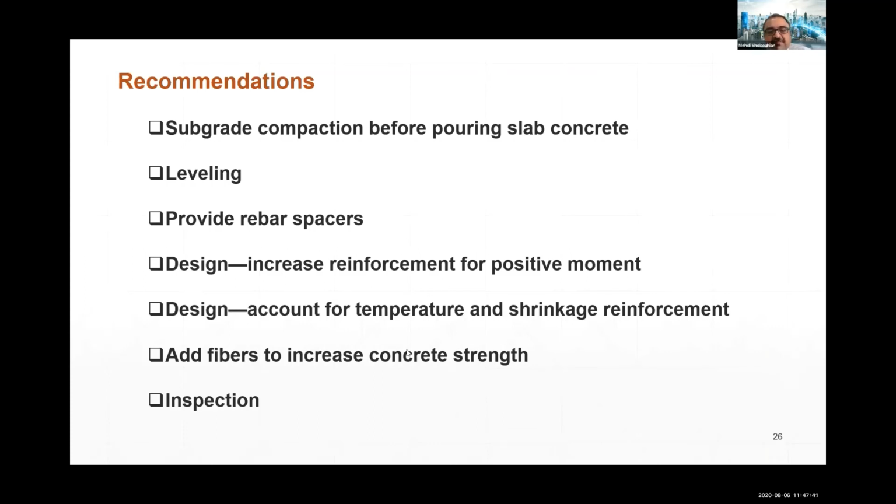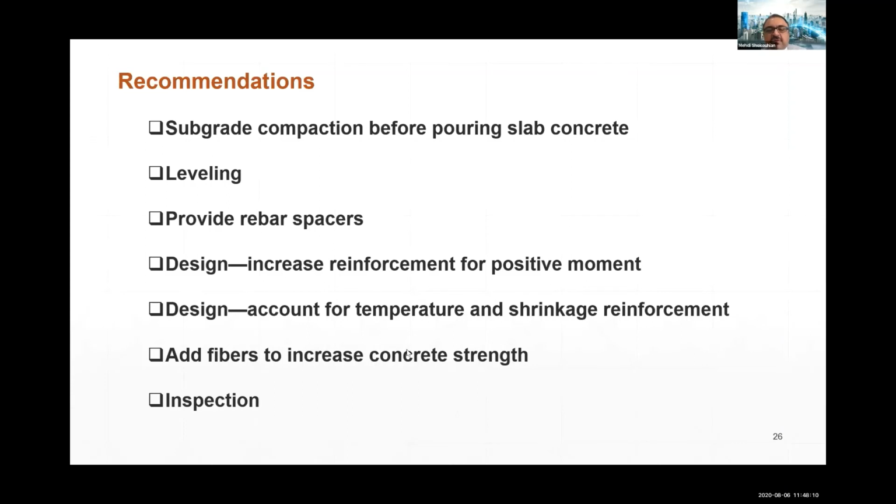In terms of leveling, the surface of the subgrade underneath the concrete bus pad must be completely level. It's recommended to take additional construction steps to prepare a surface made of lean concrete with a thickness of 2 to 3 inches on top of the subgrade to ensure the slab underneath is level and the slab has uniform concrete depth. Providing rebar spacers can help to place the rebar